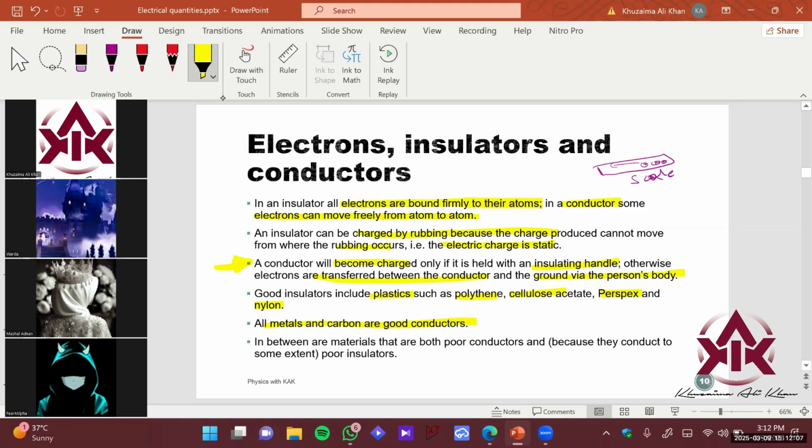So there you also have some materials which are basically poor conductors and poor insulators. So you can search about these names. Okay. So I will give you basically an assignment over here. Just a homework question here. Search about